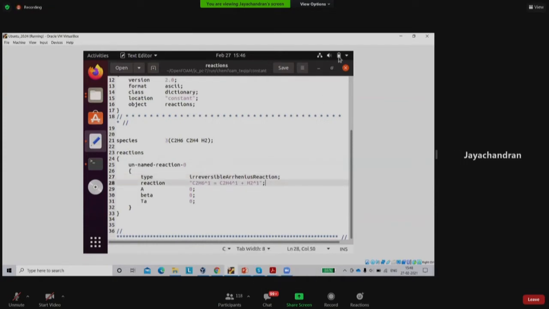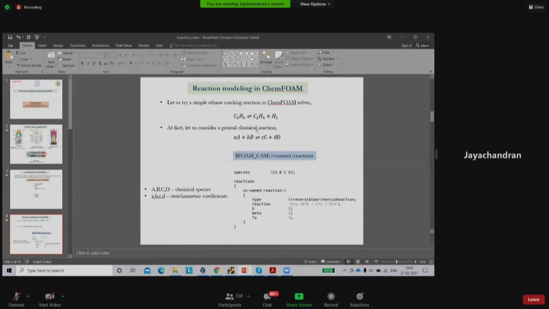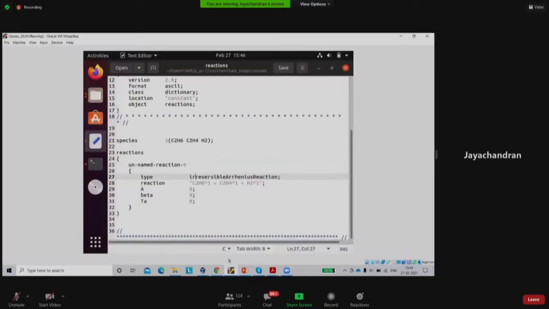Someone is asking if the type needs to be changed from irreversible to reversible, and if the power can be a fraction too. Actually, I was going to explain that. Anyway, we have said that our equation is a reversible reaction, right? So you have to change this IR to that. I am going to do it in the next slide.